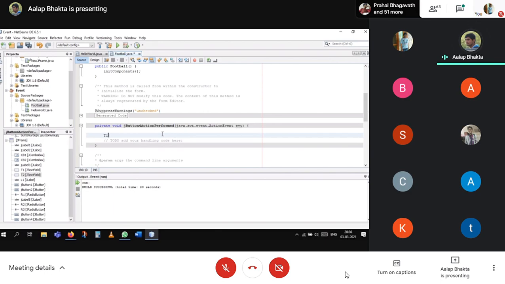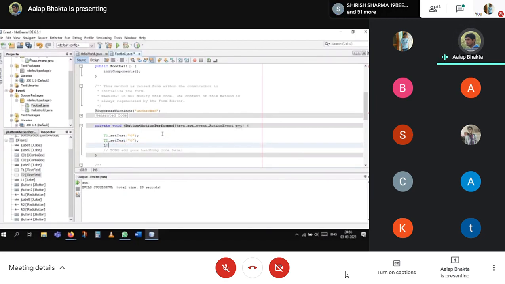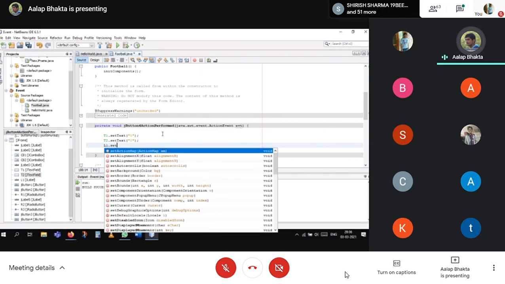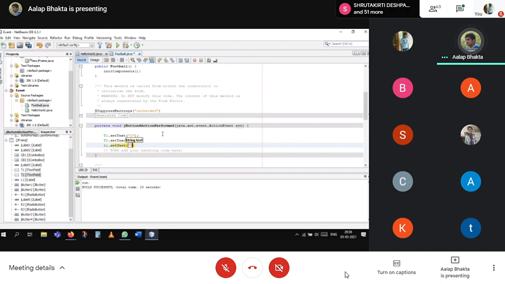So t1 dot set text. Okay, 0 for starting. Same for t2, set text 0. Okay, for L1 also set text, but I don't need to print anything. So simple double quotes, nothing else.